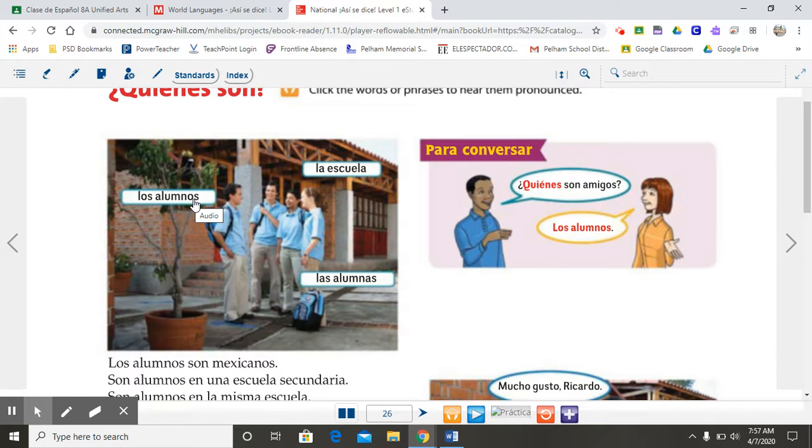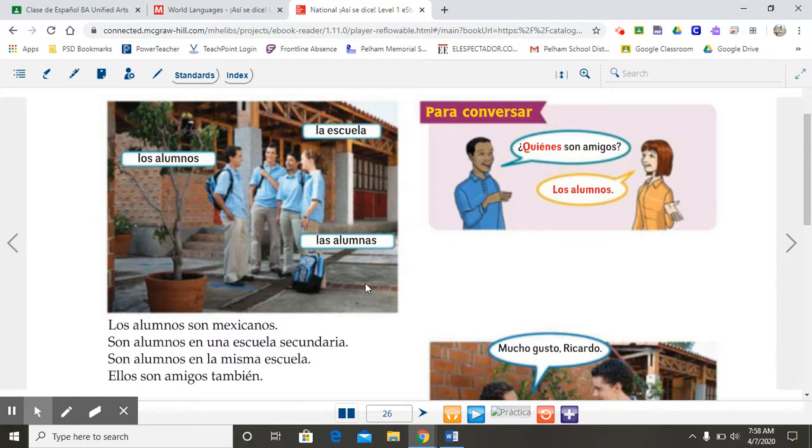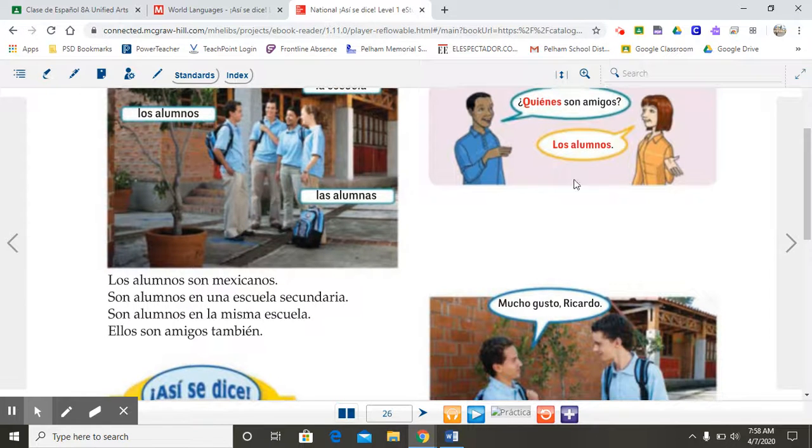Okay? This one has the two versions. Remember, it could be a mixed group or boys. This one's just girls. I'm not going to ask you something super, super specific like that, at least not yet. So don't worry about it right now. Just learn your vocab words. As you can see here, it's the same question. It's just plural. That's why the answer is plural.